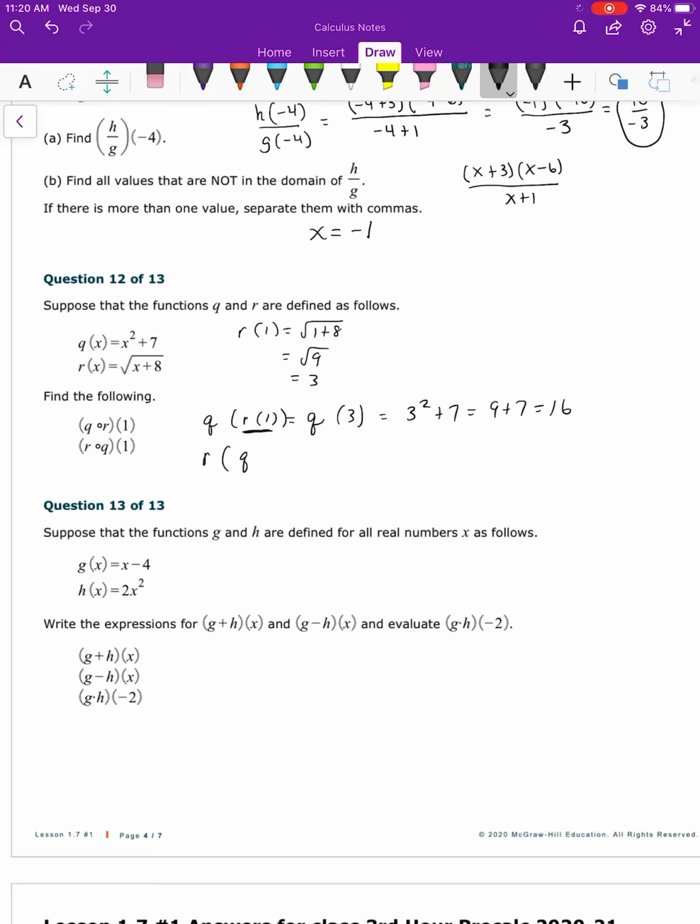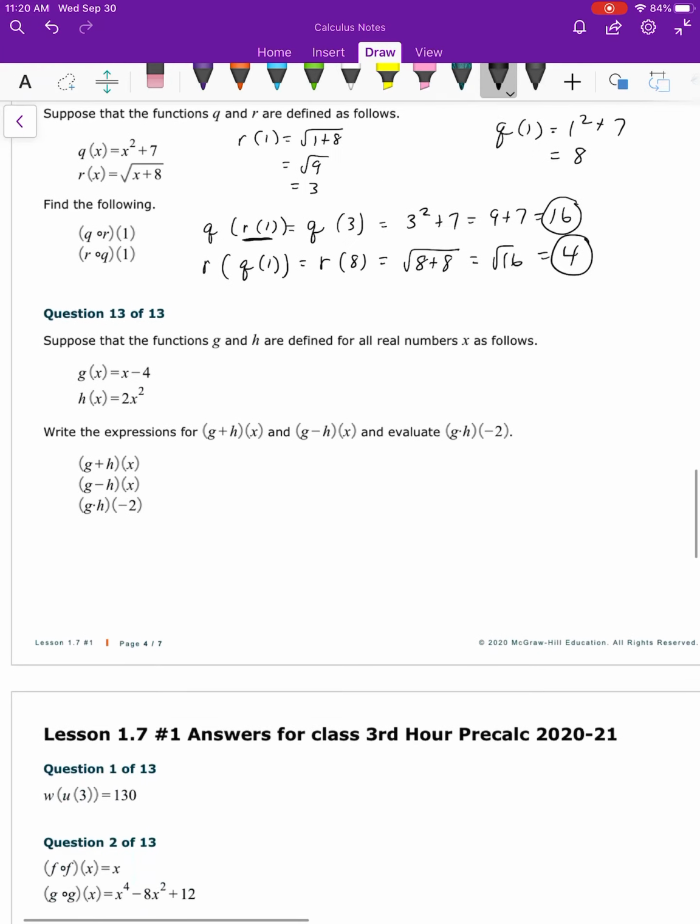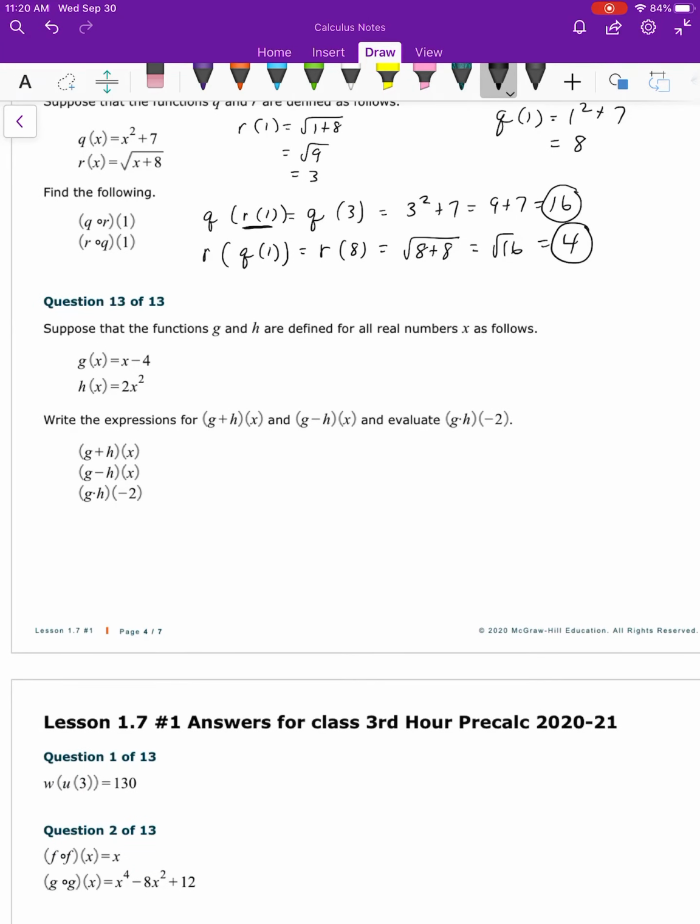So this is R of Q of 1. So my Q of 1 is going to be 1 squared plus 7, 8. So I'm finding R of 8. My R of 8 would be the square root of 8 plus 8. The square root of 16, 4. Okay, so you got 16 for the first one, 4 for the second one. And then the last one here,